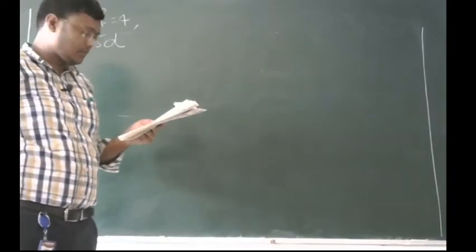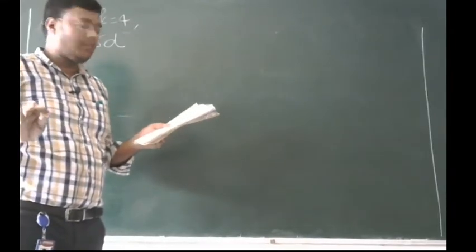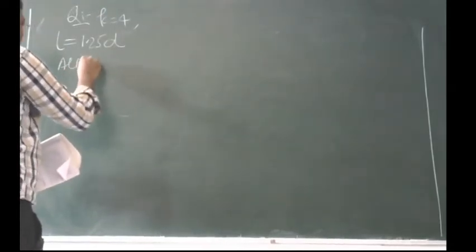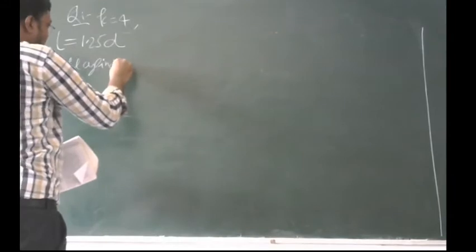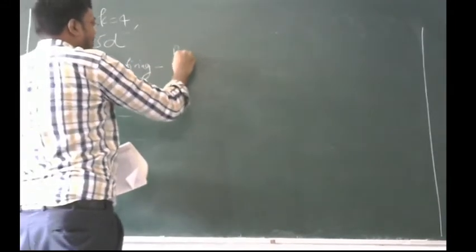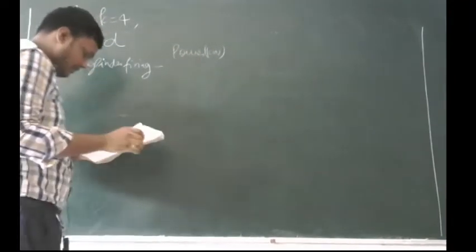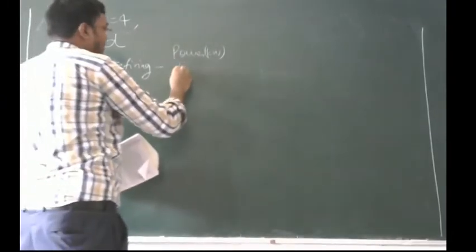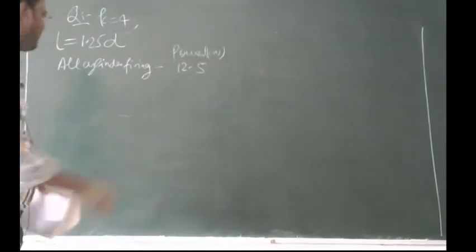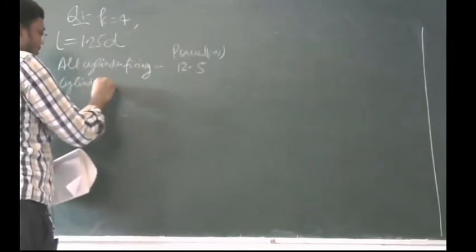What measurement is given in the question? If all cylinders are working, we get power from all cylinders. In case of all cylinders firing, we get the power, given in kilowatts. So the power when all cylinders are firing is 12.5 kilowatt. Cylinder 1 cut off: when you cut off the power from cylinder 1.